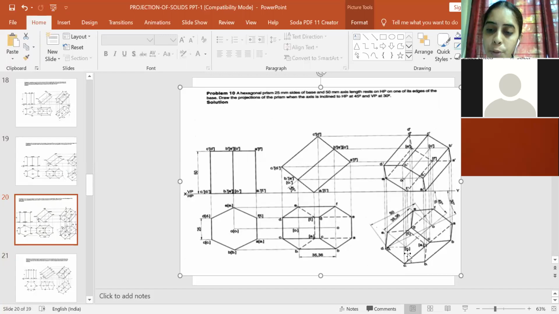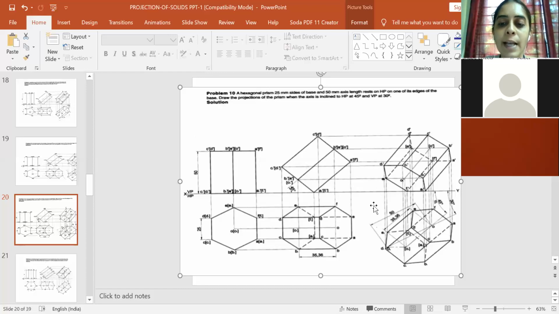So this is O1. When you take the projection, O1 is meeting with O1 dash at this point, so name it as O1 dash, and O is meeting O1 dash at this point, so name this as O dash. Outer boundary will be always visible. So you can join from A1 dash to A dash to B dash to C dash to D dash. From there D dash to D1 dash to E1 dash, E1 dash to F1 dash, F1 dash to A1 dash. So outer boundary is visible.